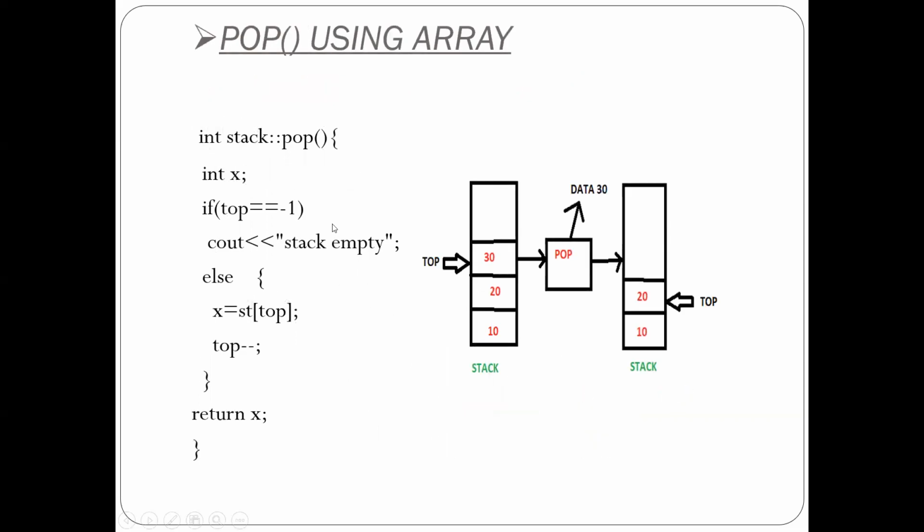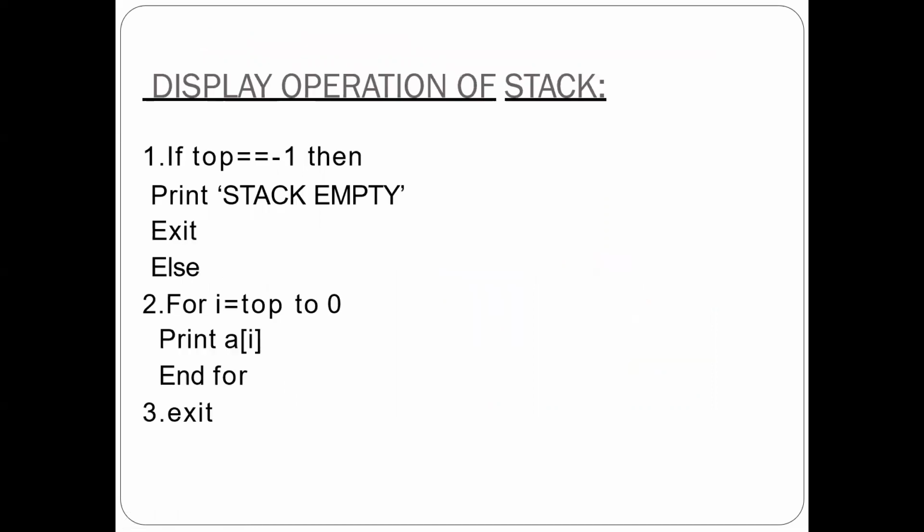Exactly the reverse case for the pop here. Whatever value you want to delete, first take out that value in some variable, that is x is equal to st of top, and decrement the top end so that it will point to the next topmost element, that is the 20 here. So top minus minus. Again, this sequence is important. First x is equal to st of top, that means take the topmost value in some variable and then decrement the top end. So decrementation is there in case of the pop, and in case of the push, top plus plus, that means the incrementation is there. But the sequence is like this. In the display, simply by using the for loop from the top to the 0th position, whatever value is present in that stack, we have to just display.